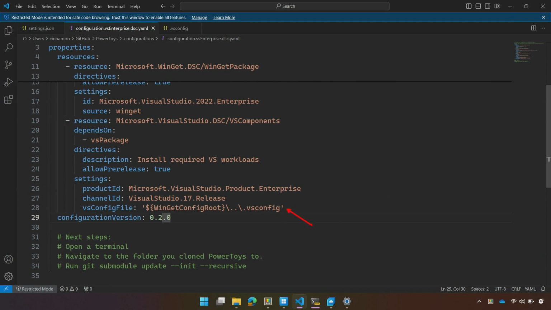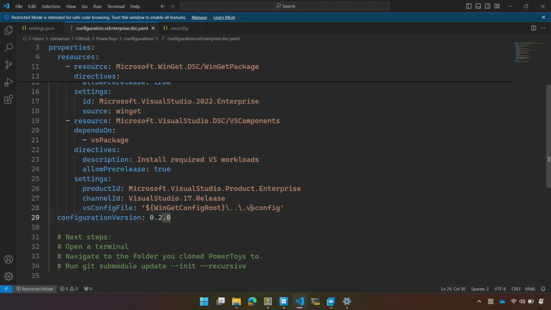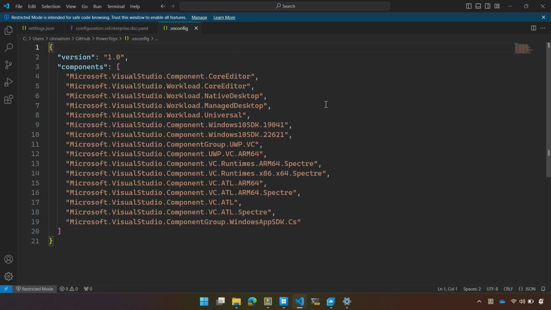.vsconfig is a way to tell Visual Studio, hey, I need these components installed in order to start working on this project. And if you already have that written, that's fine, because then you can use a winget configuration file to call that. You don't need to reinvent the wheel and do it again. The vsconfig file that PowerToys has just kind of looks like this. It's in the root of the PowerToys repository.